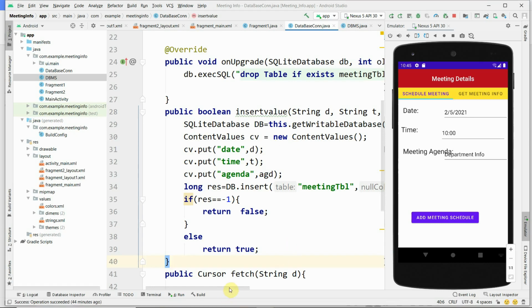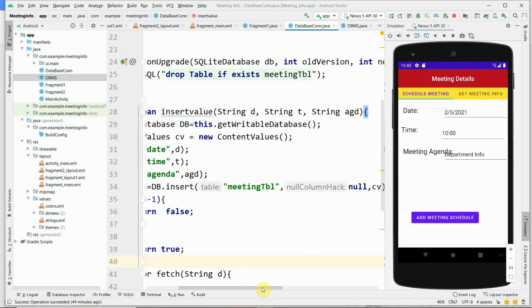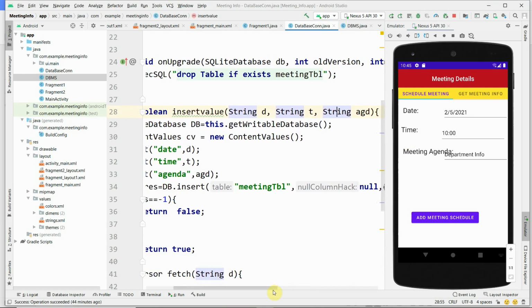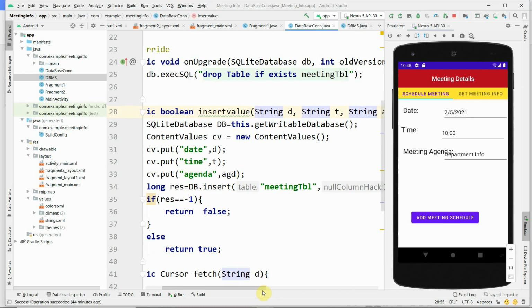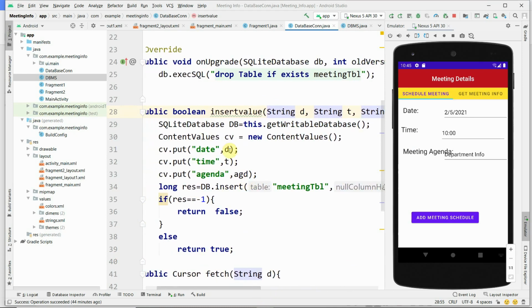Public boolean insertValues is the method name with String d, String t, String agd as arguments. It indicates you are going to receive three parameters: date, time, and the meeting agenda. You receive them from the schedule meeting.